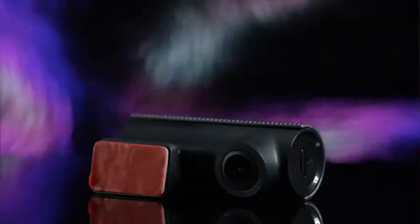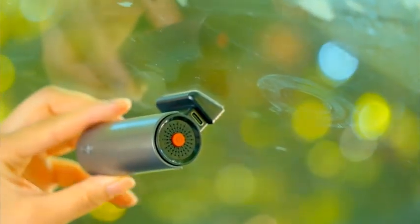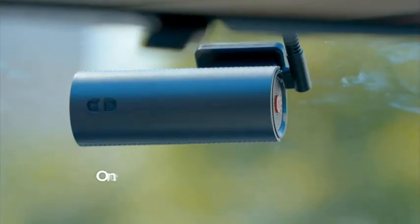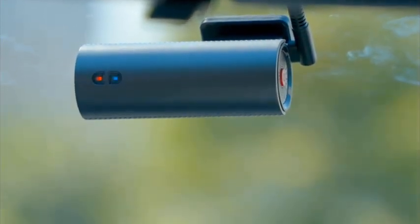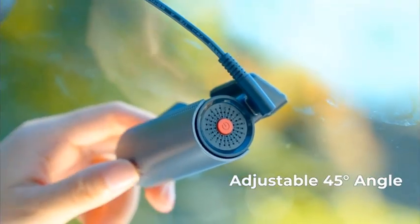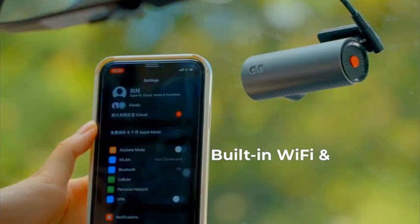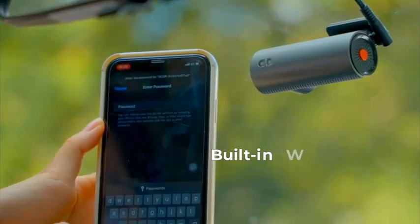Number 5. BEPOCAM ZD3 UHD 4K Mini Dashcam for Cars Recorders Wi-Fi Car DVR 150 degrees Dash Camera Para Autos 2160p Video Recorder Basic Dashcam. The BEPOCAM ZD3 UHD 4K Mini Dashcam is a reliable companion for your car, offering advanced recording capabilities in a compact design. With its UHD 4K resolution and 150 degrees wide-angle lens, it captures crystal-clear footage of your journeys, ensuring